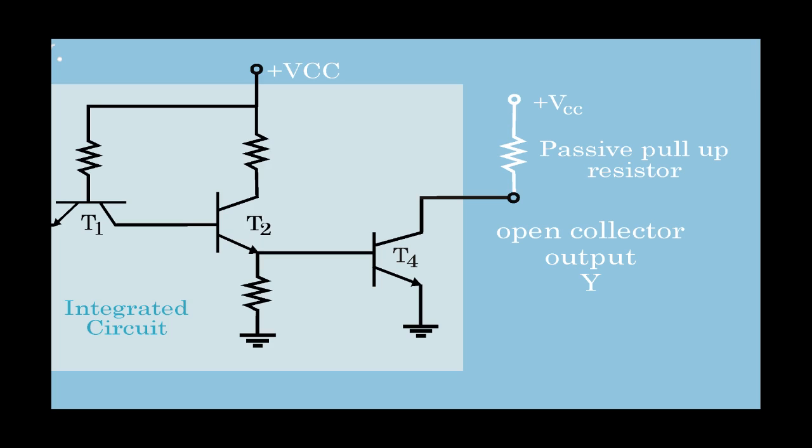So when it is connected to the power supply plus VCC, the current will pass through it, and if the transistor is on, it will sink to the ground through transistor T4. If the transistor is off, then it will further move to the output. So in this way, open collector outputs are taken. But open collector outputs cannot be connected together with a common collector resistor connected externally. And this causes the problem of loading and speed of operation.